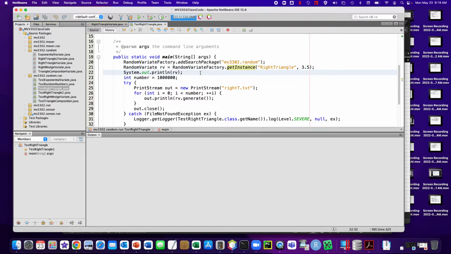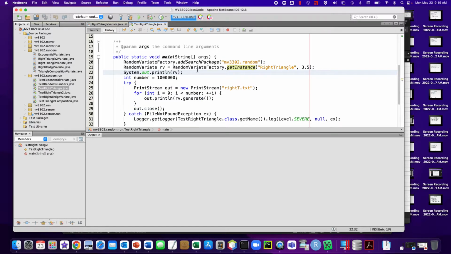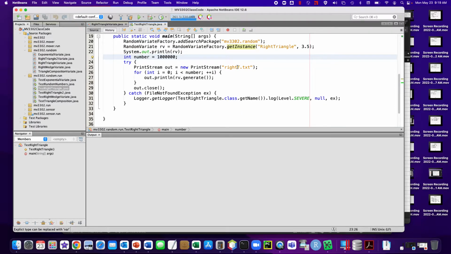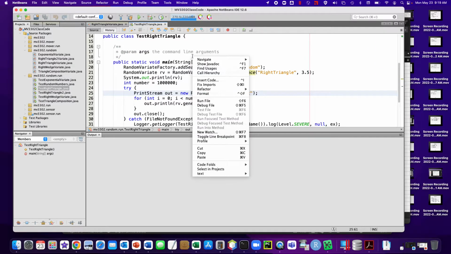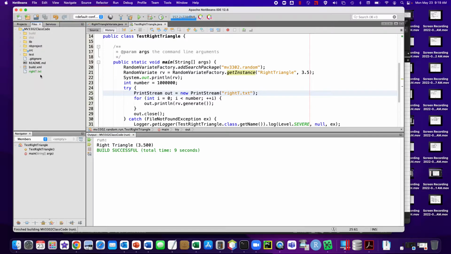And then here, because I've written this, that means that all kinds of stuff can go wrong. So I'm just going to do a print line just to make sure that I've got the right value. Let's generate 1 million of these things, and I'm going to put it into a text file. So here we got the right triangle, 3.5. It's churning away, and then hopefully it has produced a